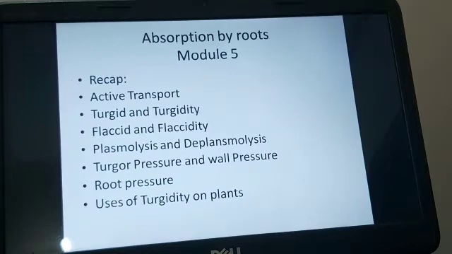Let us quickly recapitulate what we have seen in the previous class. In the previous class, we have seen active transport, turgid and turgidity, flaccid and flaccidity, plasmolysis and deplasmolysis, turgor pressure and wall pressure, root pressure, and we have also seen uses of turgidity on plants. In today's module,